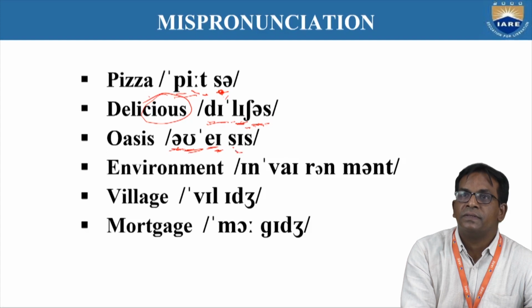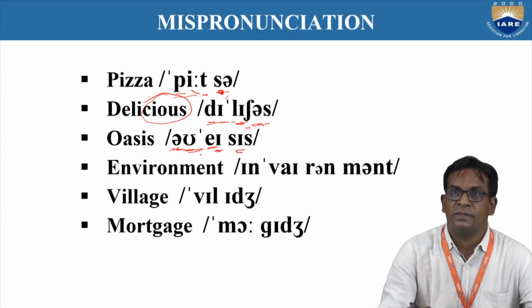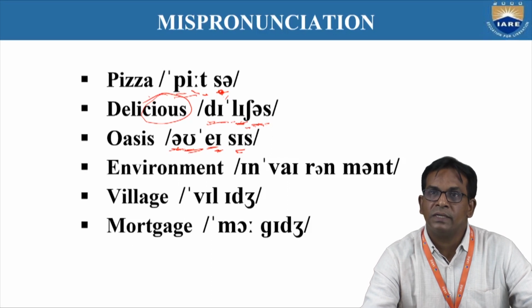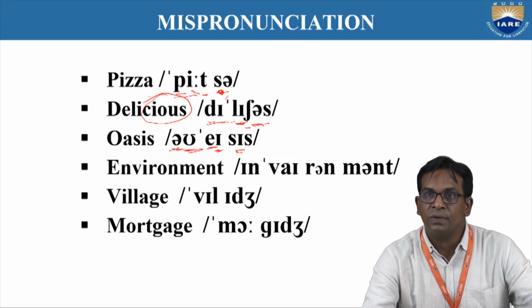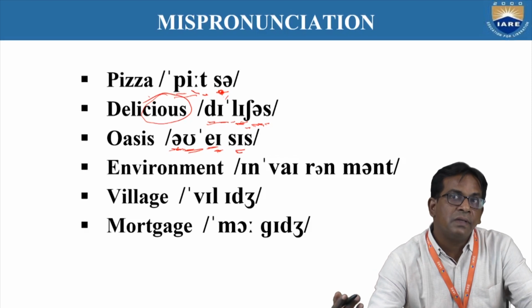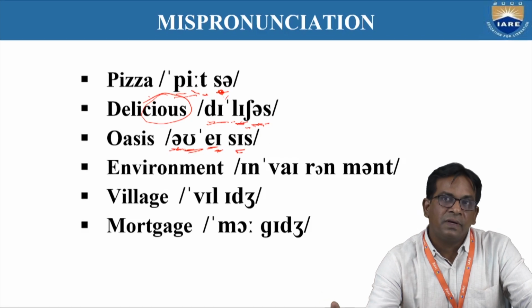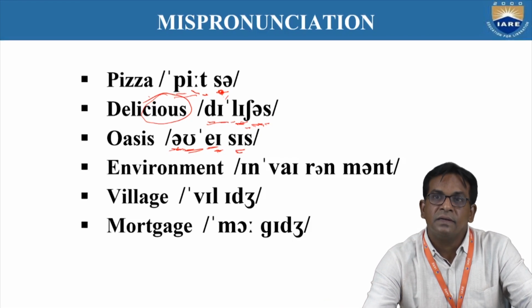This is oasis. See, how do we pronounce it? It is not "oasis", it is "oasis". Oasis. So, if we pronounce all these words in an acceptable manner, definitely you will be recognized and your communication skills